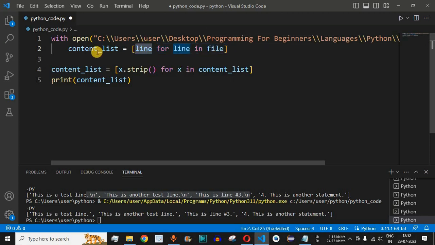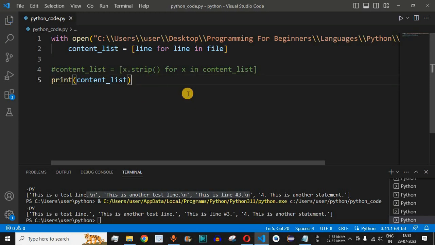We pass this line to the content list as the first item, and then the control flow will go to the next line of the test file, and then again the new line will be read in this line variable, and then again it will be passed to the content list over here. And then guys, again we are removing the slash n characters over here from the content list, and then we are printing the content list over here. Let me just comment out this line so that first of all we will see the slash n characters, and then we can uncomment this line in order to remove the slash n characters.